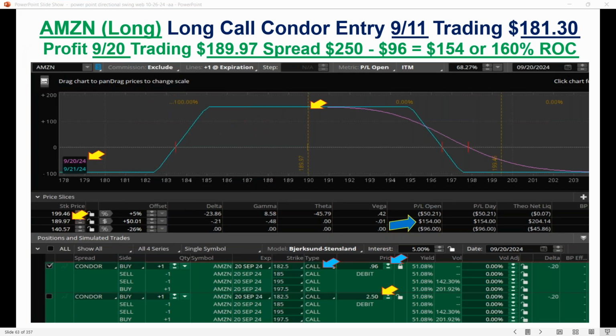So it went out right there at 189.97. So this went from 96, our spread entry cost, and now the spread blew out to 250 right here. So here's our return. We had $154 per spread, or a 160% return on that trade, going out right there. So I just want to point out the setups and then how they were